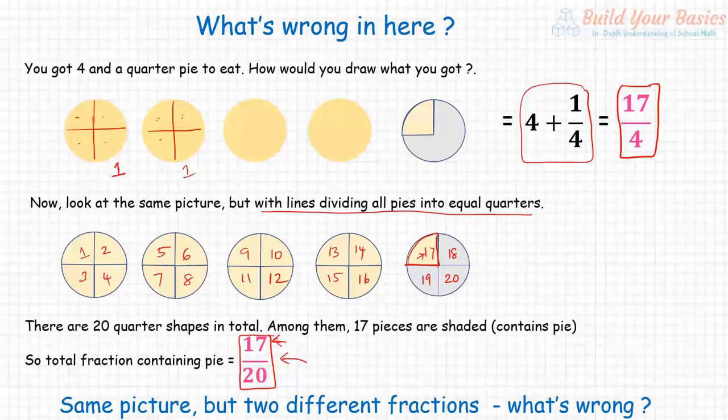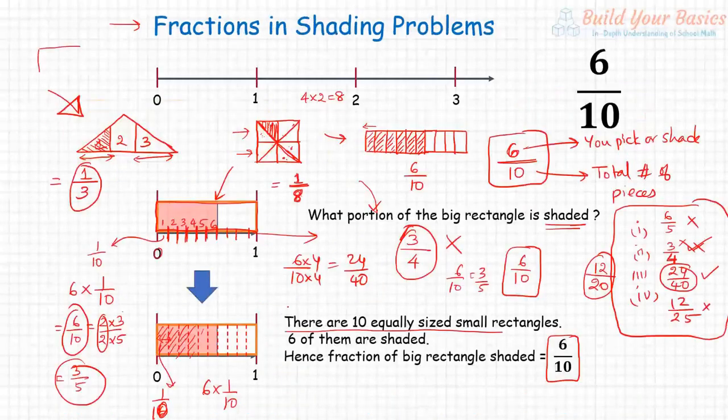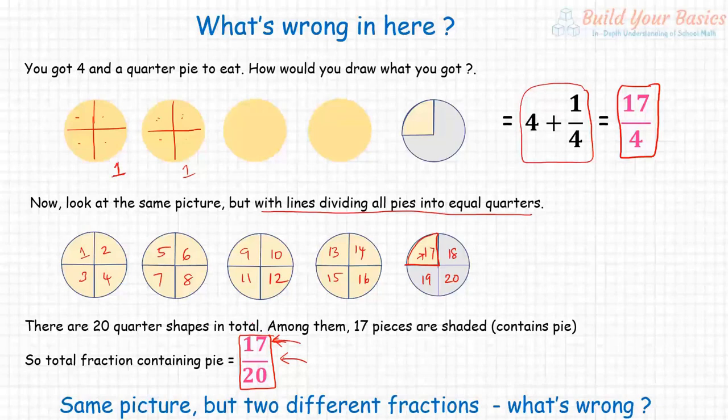But this shading, this is how we just now saw that we can also, for example, the previous rectangle, we said there are 10 rectangles and 6 of them are shaded. So we did 6 by 10, right? But here we are getting a different answer. So this is a fundamental problem. We may easily get confused with this thing. That is why I wanted to specifically mention this. So there is a catch here, right? Only one of them is correct. This first one is the correct way to do it.